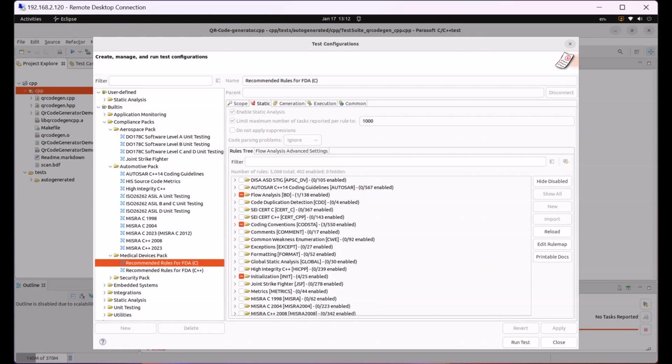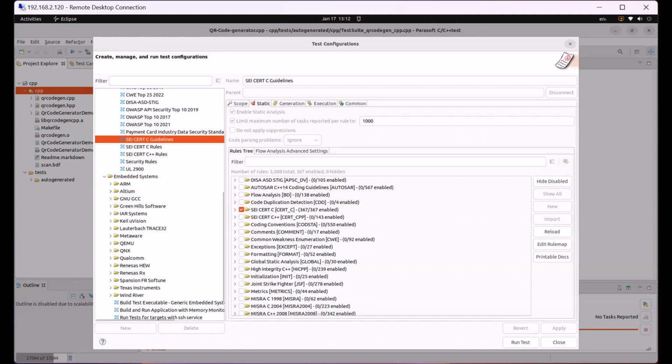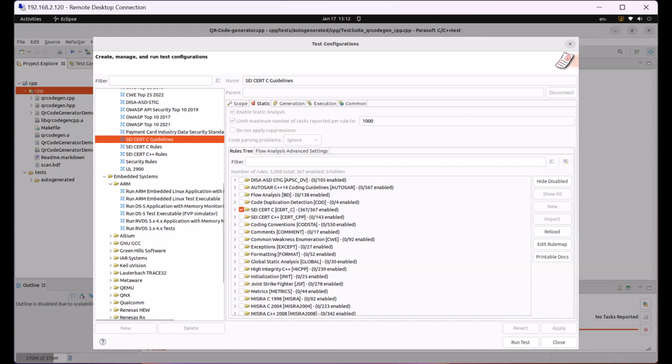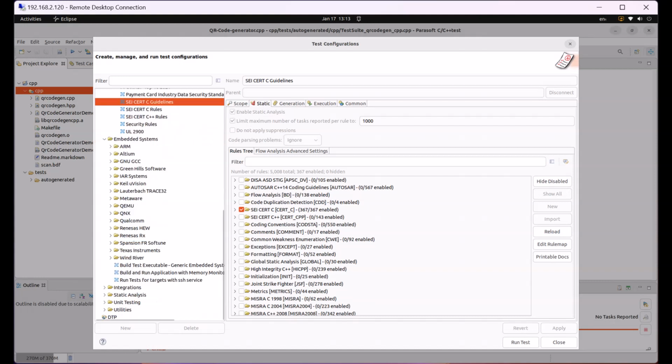For medical devices, we have FDA. In security, we have a very robust CWE collection of rules. And for embedded systems, we support integration to ARM, Green Hills, Keil, QEMU, QNX, Qualcomm, Renesas,